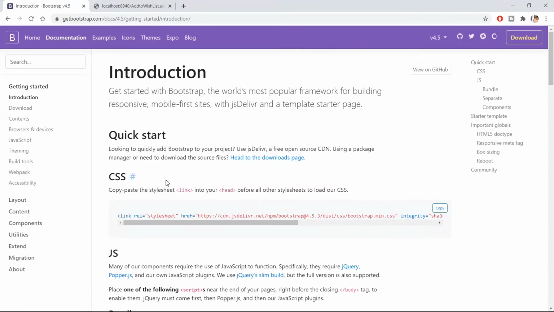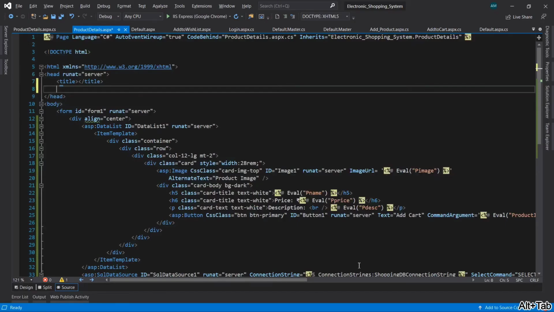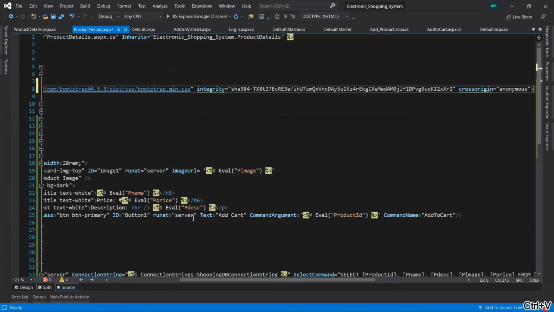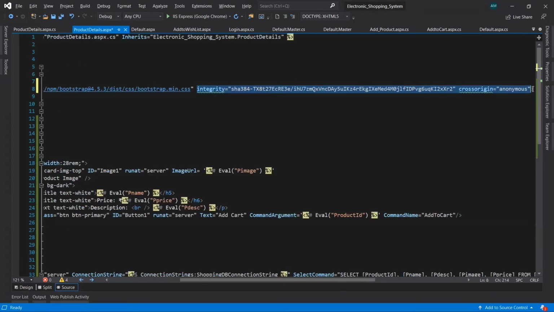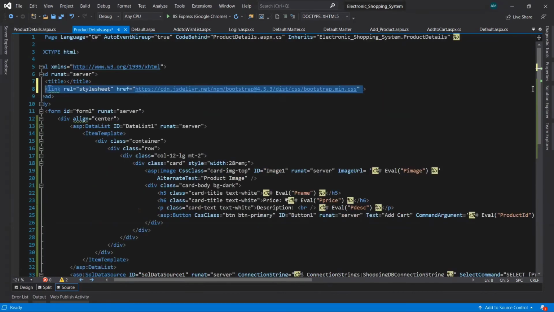You can find the bootstrap link from here, copy it from here and paste it here. We can remove this part, from integrity till the end. So we have linked the bootstrap class link here. Now let's save and run it.